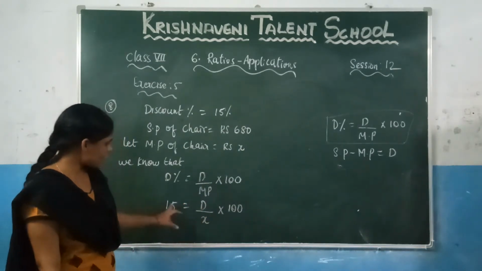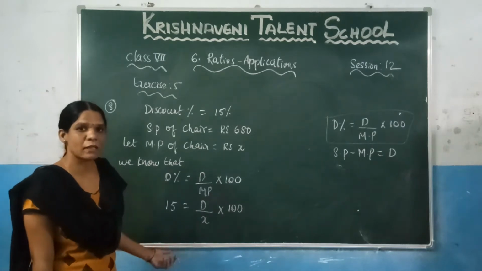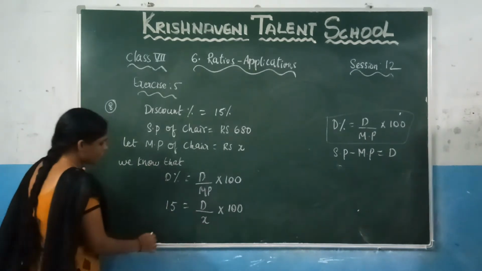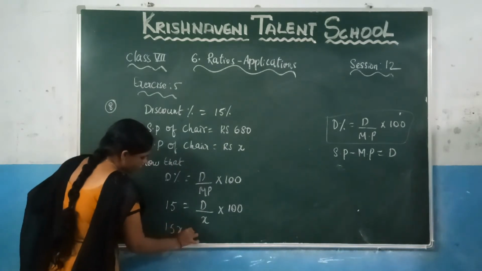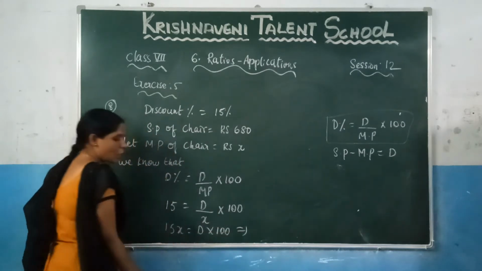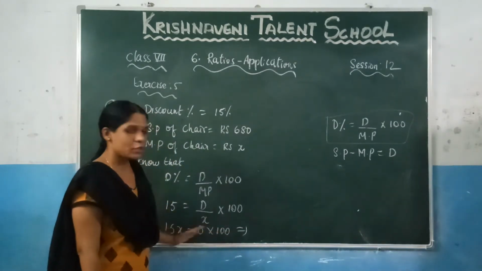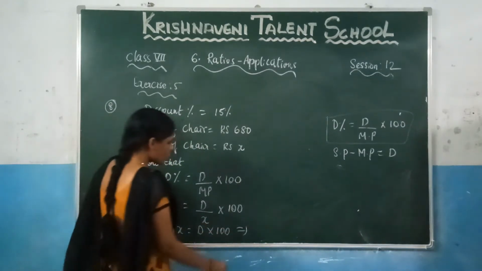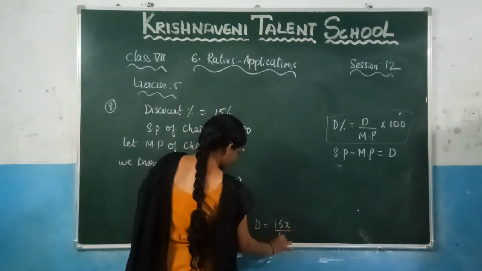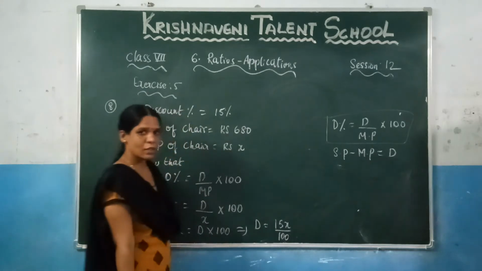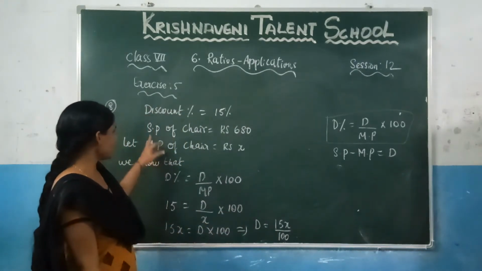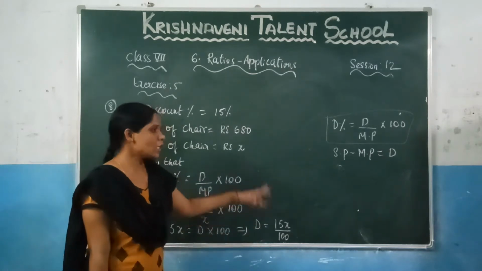Right? Now here we need to find the discount. So let us take this x to that side. What will it become? It will become multiplication, because here division is there. So you will get 15x is equal to discount into 100. Now if you take this 100 to this side, it will become division. So you will get discount is equal to 15x by 100. Right? Now we have calculated the discount. Now you know the selling price and you know the discount. Now you can apply